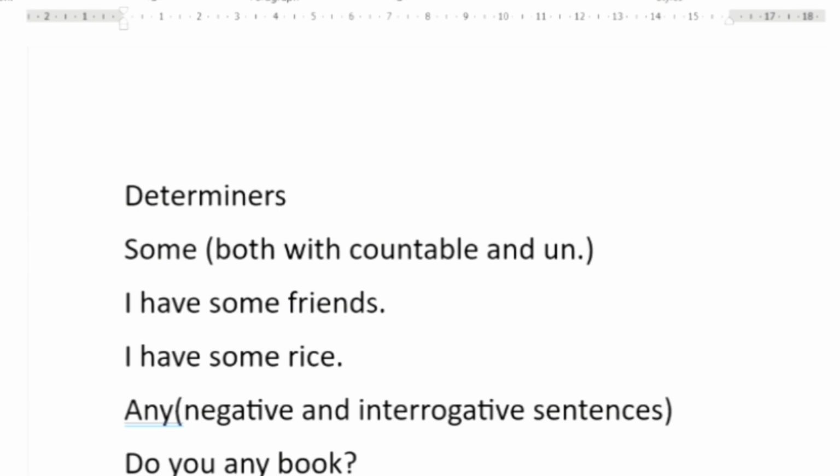So any is basically used with negative and interrogative sentences, whereas some is used in a positive sentence. Now there is a special case where I can use some in interrogative sentences. What is that special case? If it is a request, or a question whose answer is yes, then I can use some in an interrogative sentence. Like for example,